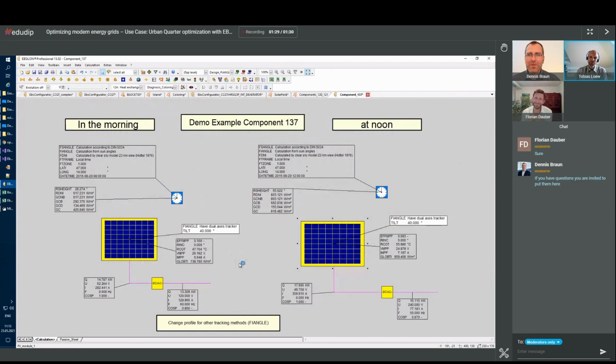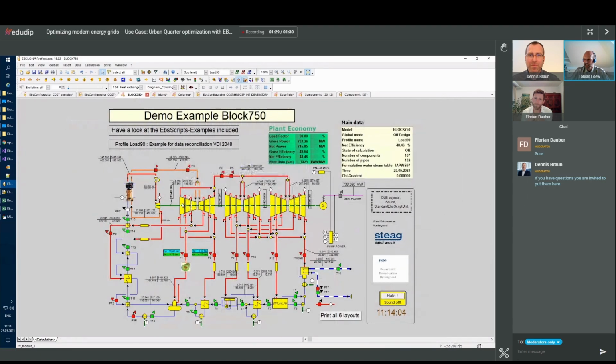I think that's one of the other strengths we didn't mention at all of Epsilon: it really has a strong and good error signaling model, which shows you where in your model an error currently is. You can actually trace back the source of every error or every mistake you make.